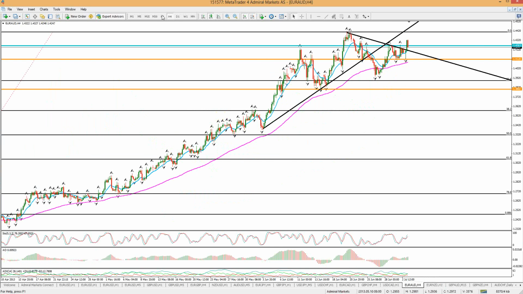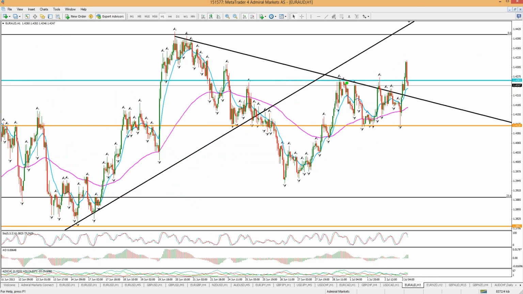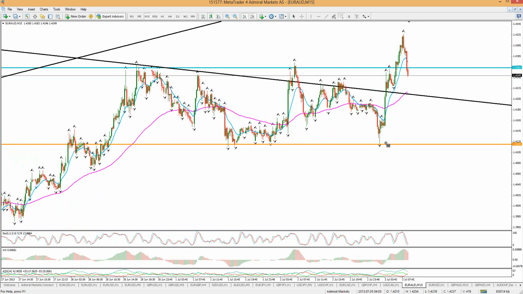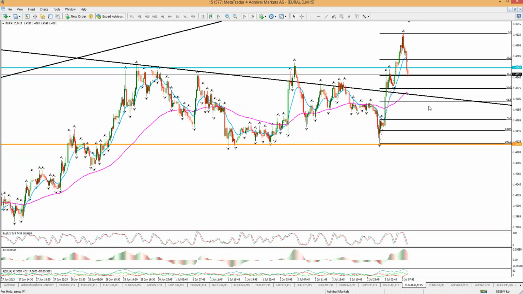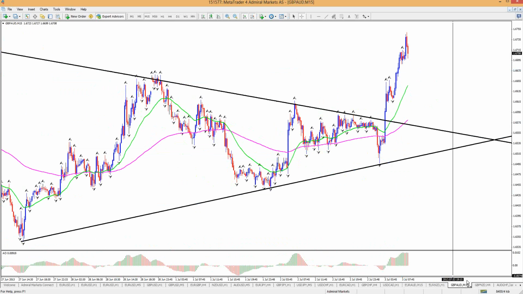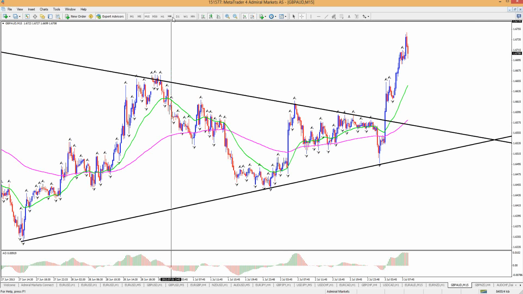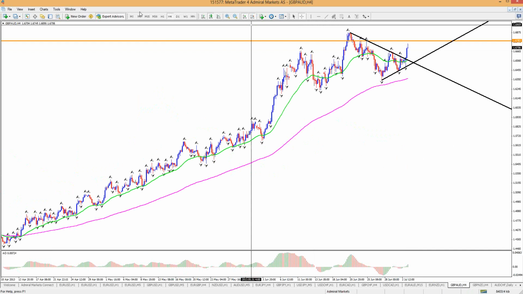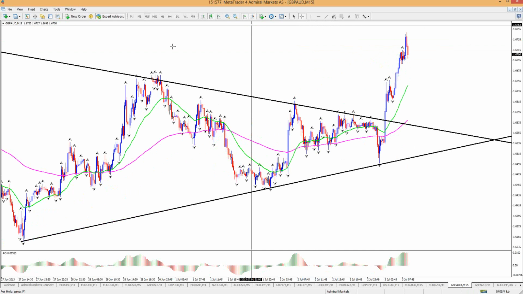Let's see. The euro odd could be better, actually. The euro odd already broke the 4-hour fractal and broke the trend line as well. So in a way, the euro odd might be a bit better. Let's put a fib on it. We're right at 382. So any of these fibs could be the bouncing spot. That could be maybe good for the upside. Better set than the euro New Zealand because we broke that 4-hour fractal, okay? How about the pound odd too? Also the pound odd. Same story.